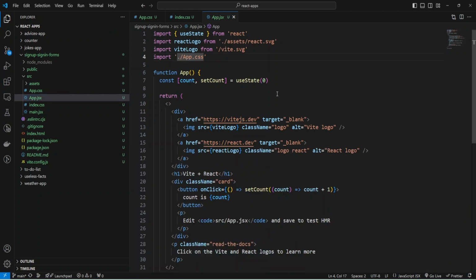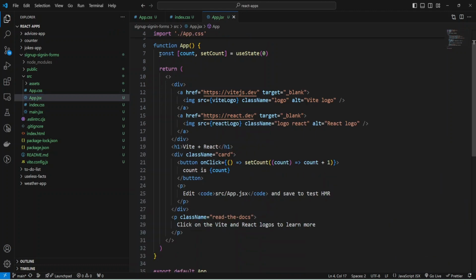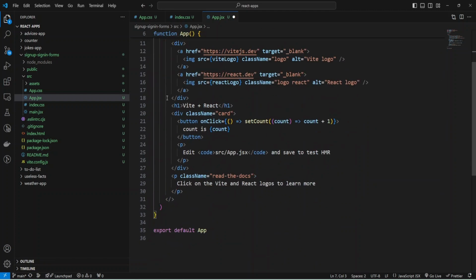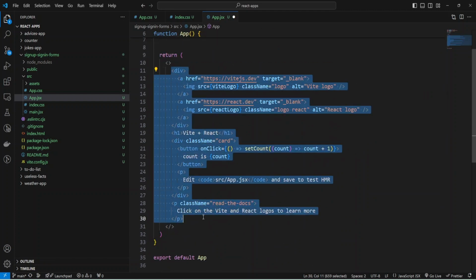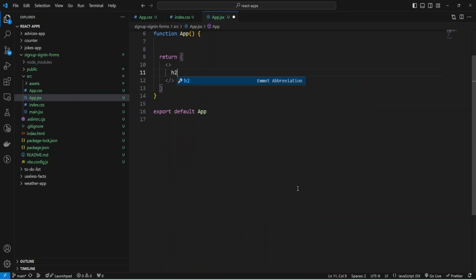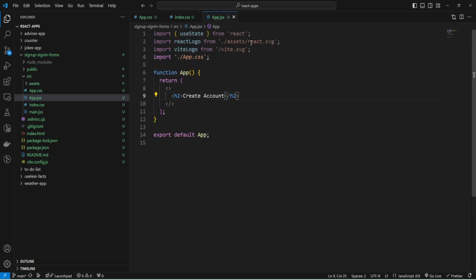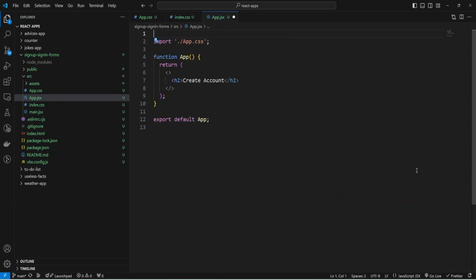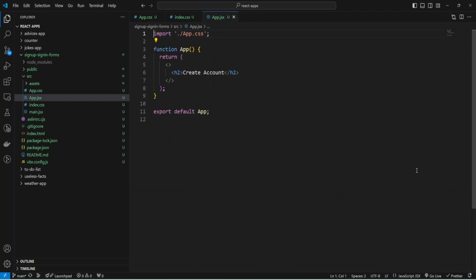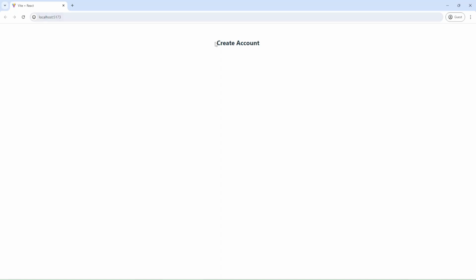Now I can hide this panel and just remove all this state and also all this code, and just provide some h2 tag with text create account, and also remove all imports. Okay, and let's check what I have. Okay, we have only our h2 tag.